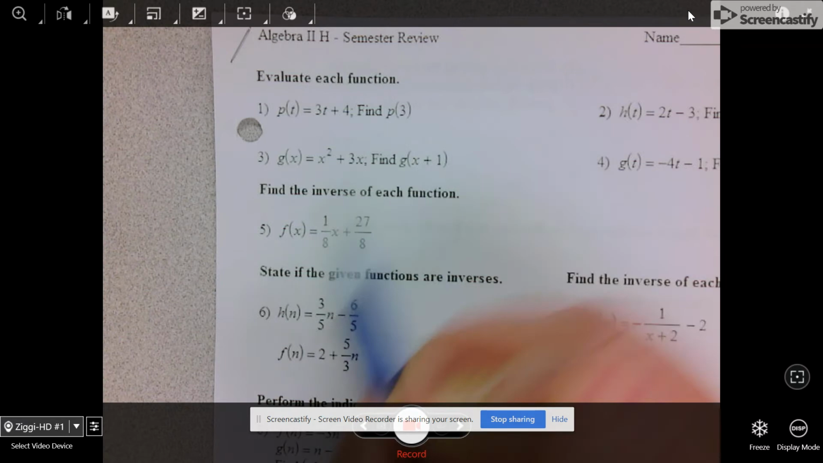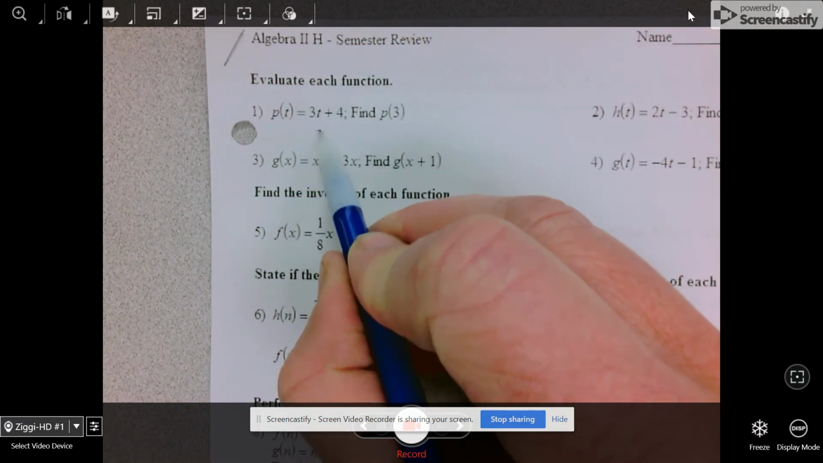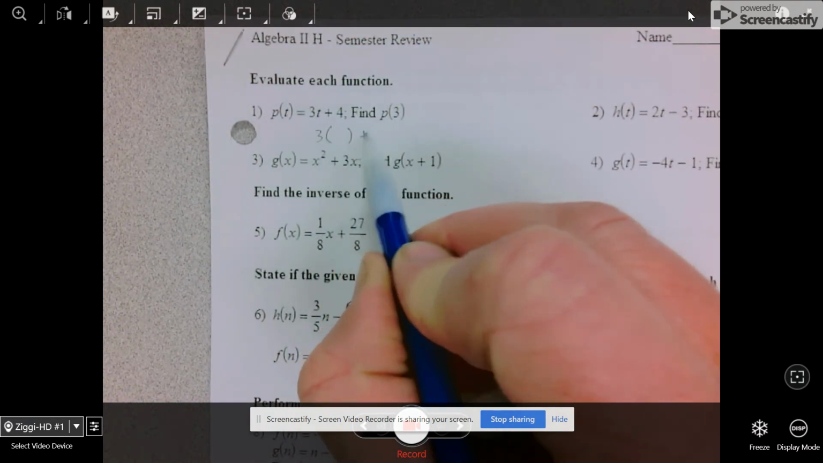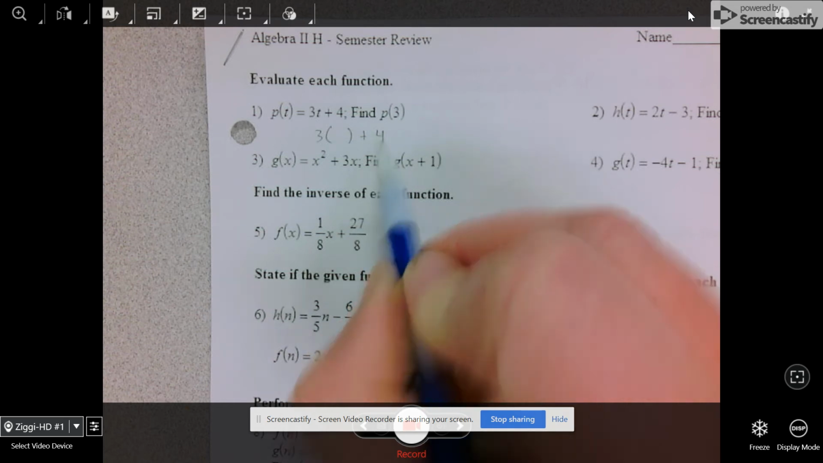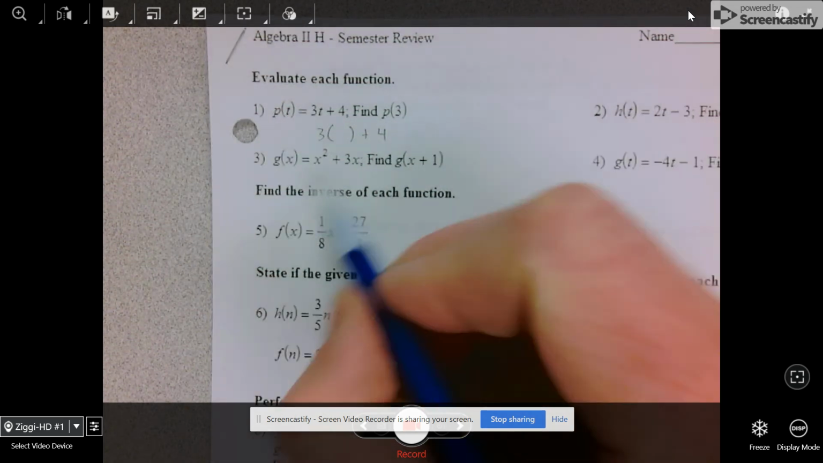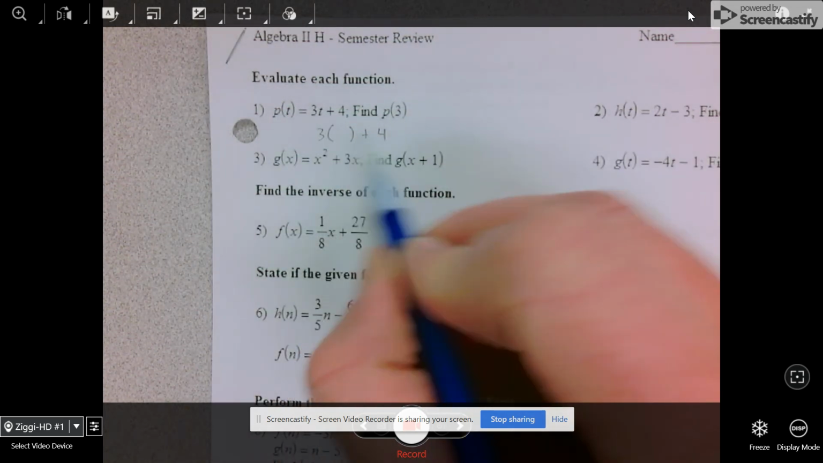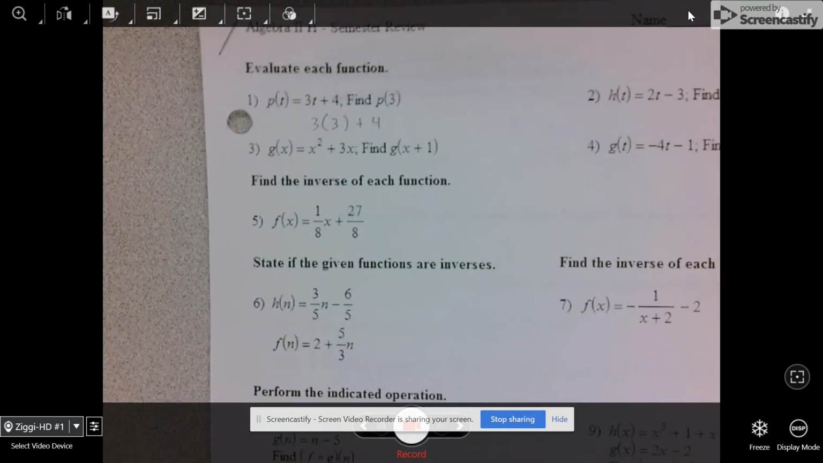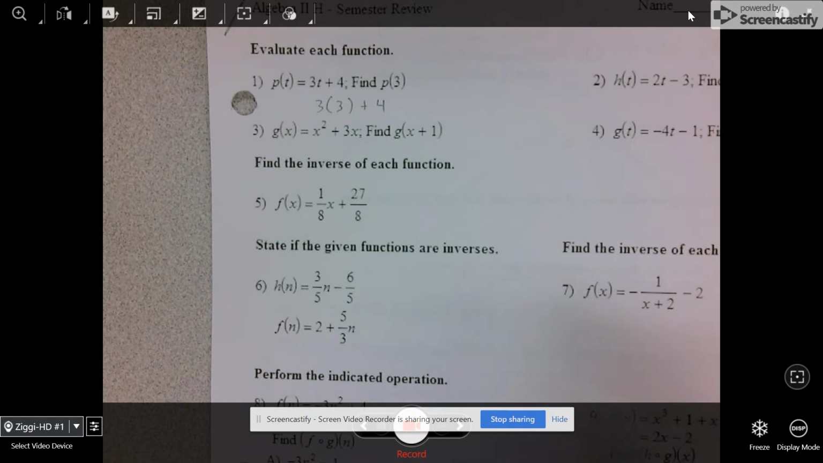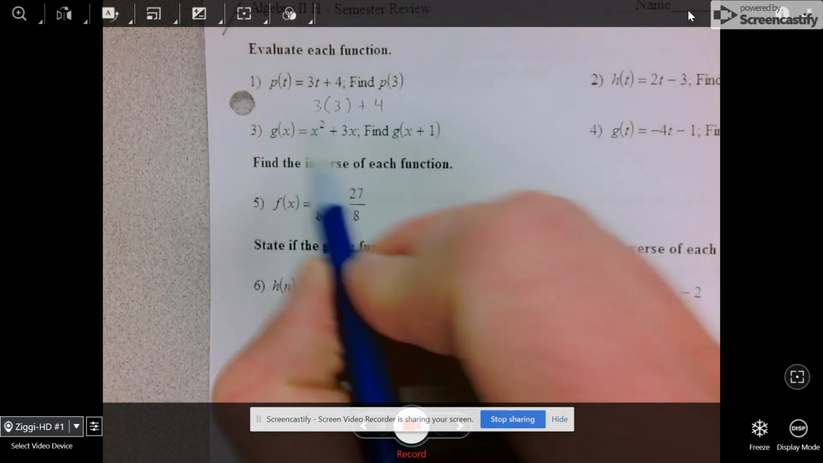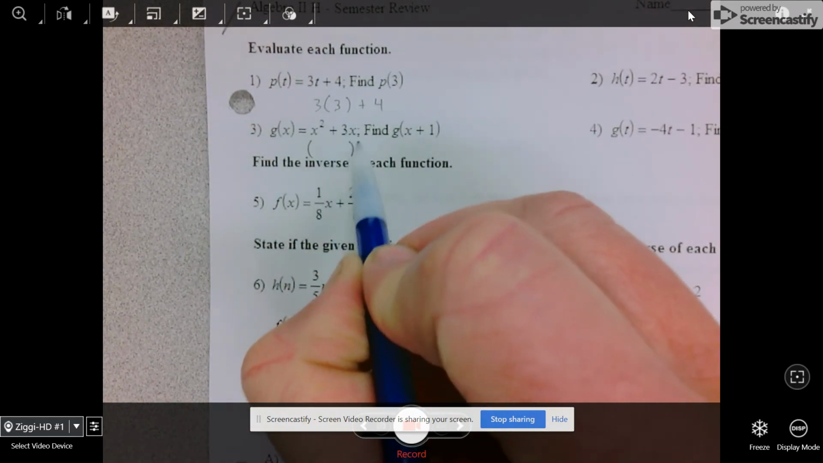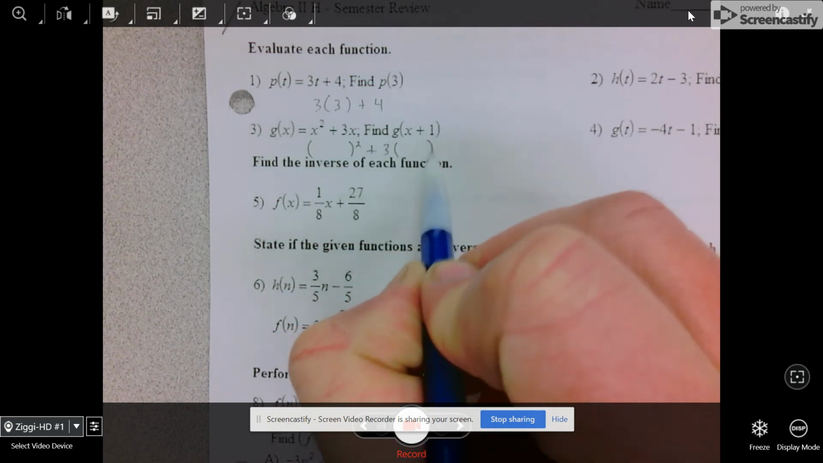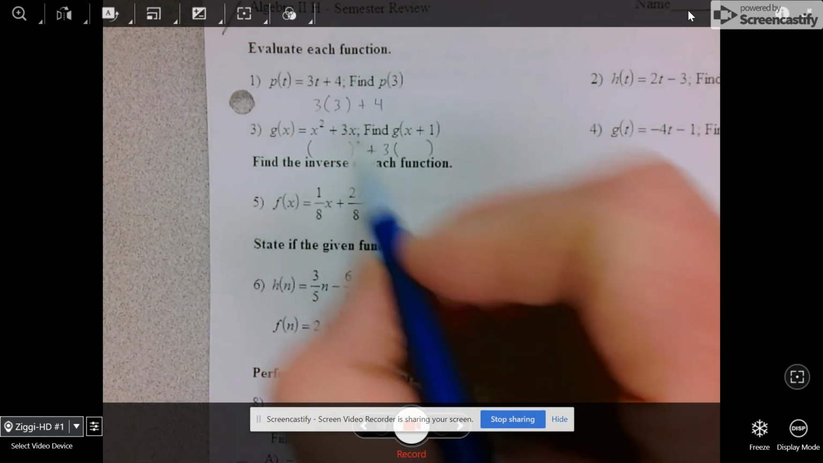This is read P of 3, and so to do this problem, you would put in a 3 everywhere that there is a T. And so generally when I'm setting these substitution ones up, I write the function with parentheses and then go back and plug in the number or the variable. So for this, I would set it up like this first